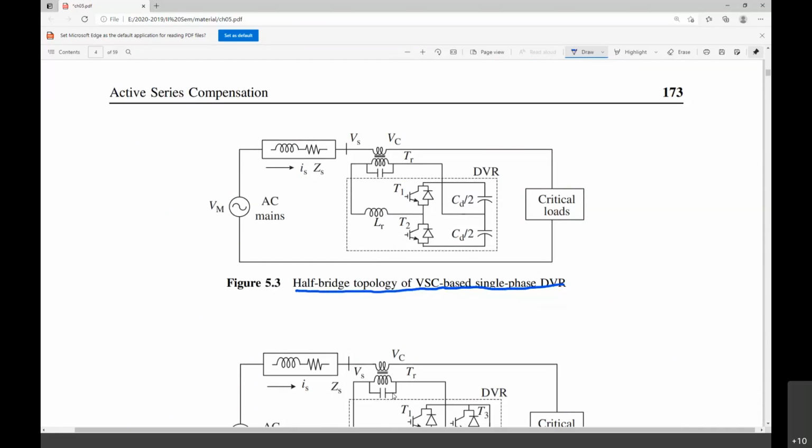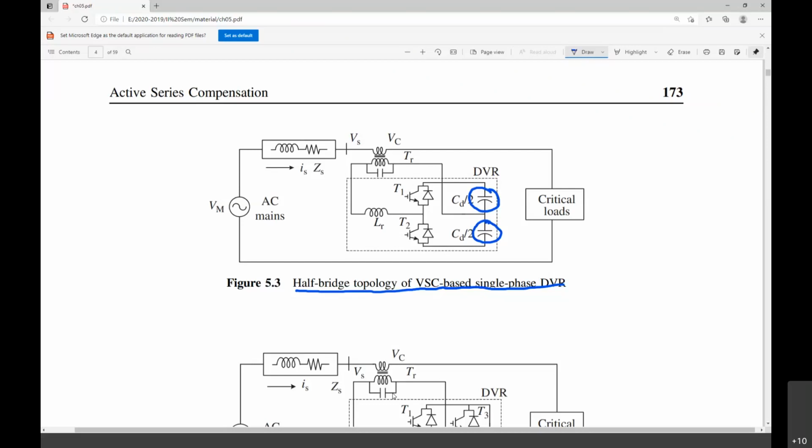I mean, it is a clamped topology, and this topology is a half-bridge topology. But in a single phase, as such, this kind of topology does not have any problem. But when you go for a three-phase system of this kind of topology, that is a neutral clamped capacitor, the capacitor voltage unbalance problem will exist. For a single phase, as such, it won't be any problem when you're going for a half-bridge topology.